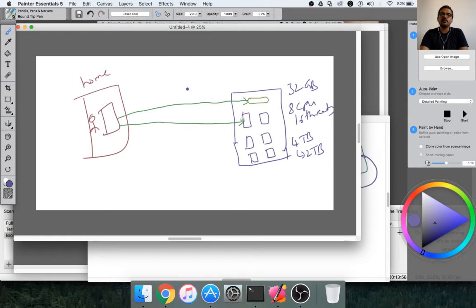For getting the virtual router, we have to create a virtual host first, which means we have to allocate a certain amount of CPU, memory and storage, and then also assign a public IP while setting up pfSense on that virtual host. pfSense is nothing but an operating system of type FreeBSD. FreeBSD is one type of operating system. So first we will create one virtual host and then set up pfSense,